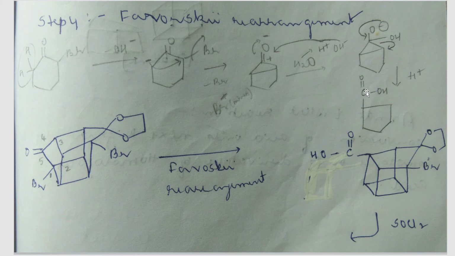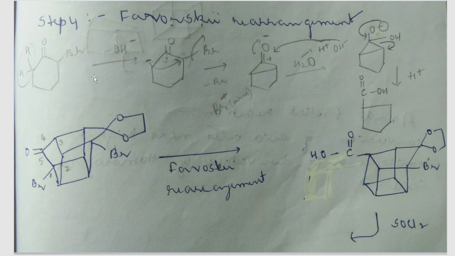But in order to retain this carbon's valency to 4, that is 1, 2, 3, 4. Sorry, not 5, because carbon's maximum valency is 4. Here you see that carbon's valency is disturbed, correct? So in order to retain that, we are breaking this bond and this bond shifts onto this carbon as minus charge, and in order to remove that minus charge from that carbon, one H plus will come and attach over there. So we get a five-membered ring.